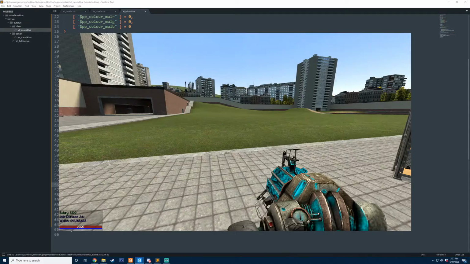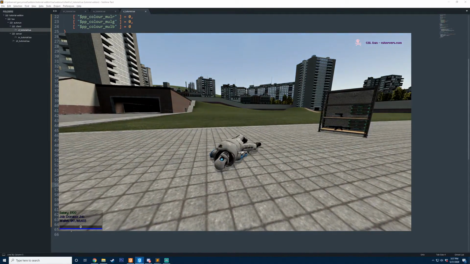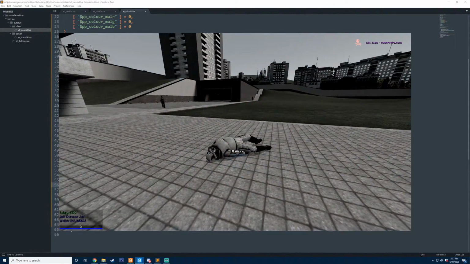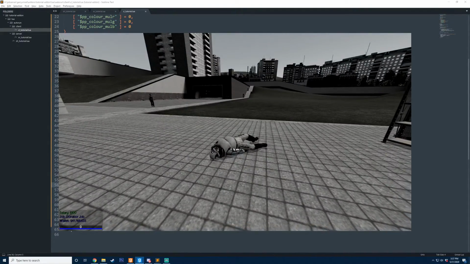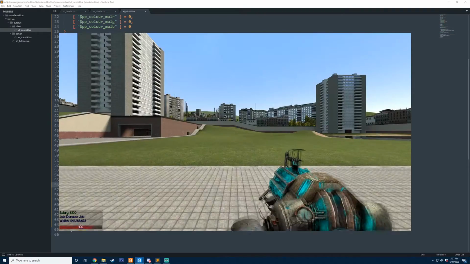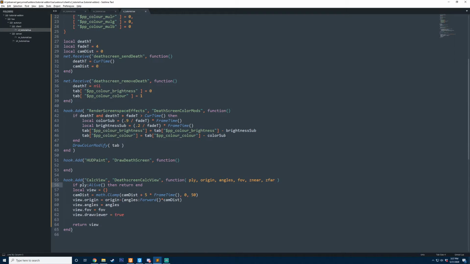Okay, and now I'm going to die. And now you can see that the camera is slowly fading away. Looks good. I like it. Okay, so now what we need to do is go ahead and update the angles that we're using for our